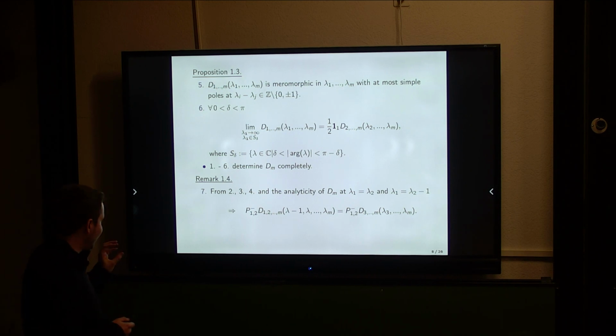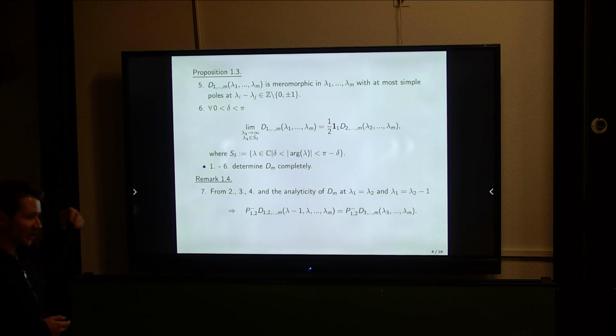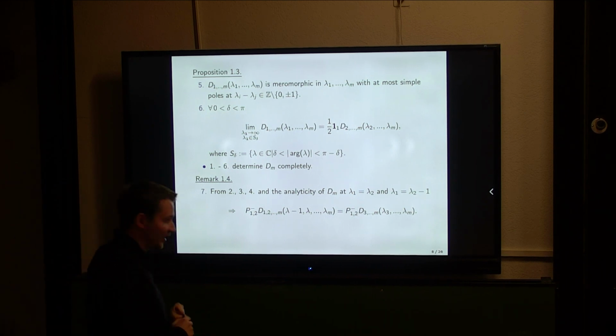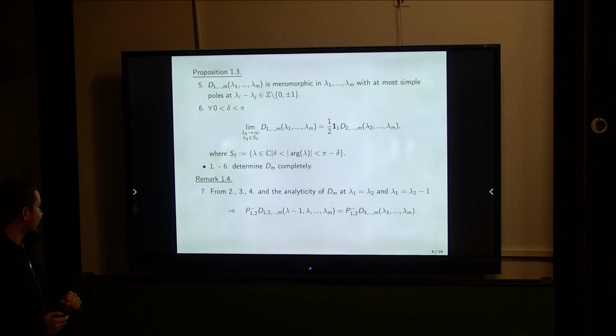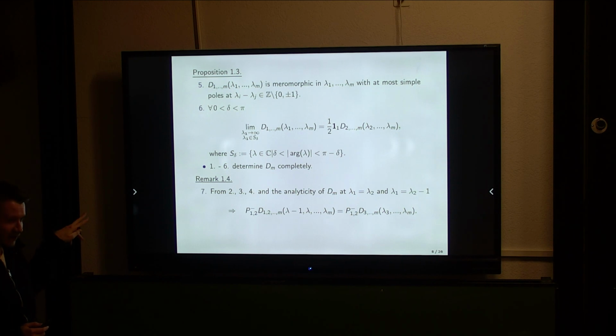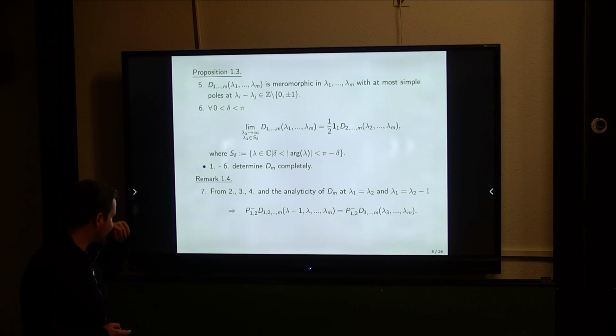And these 6 properties determine dm completely. So you can just take these 6 properties and do fancy stuff with it. And that's what the construction intends to do. Using these 6 properties, so actually only 2, 3, and 4, which are the RQKZ, the R matrix relation, the reduction relation, and the analyticity properties,